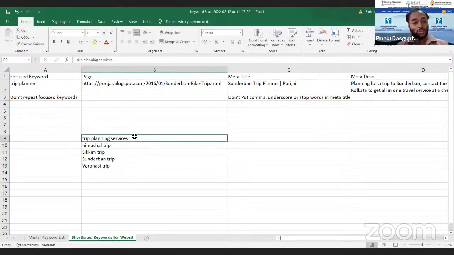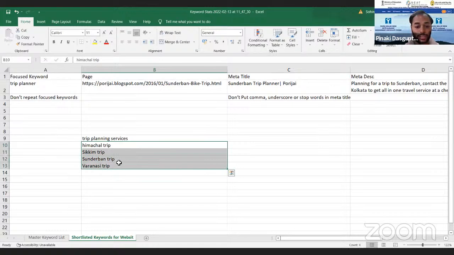So this is the main page, and within this page there are these sub pages. All these pages need to have one focused keyword and the respective title, description and URL.